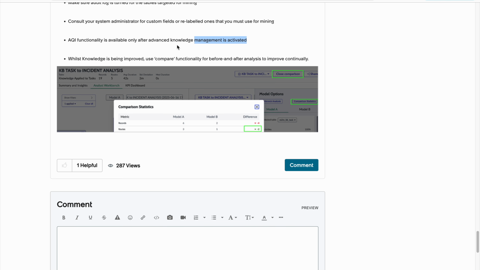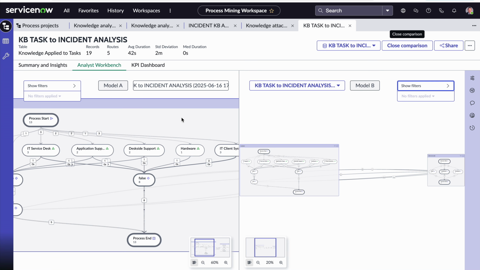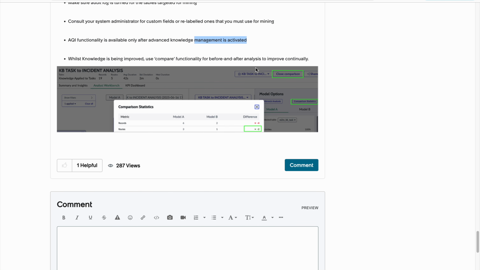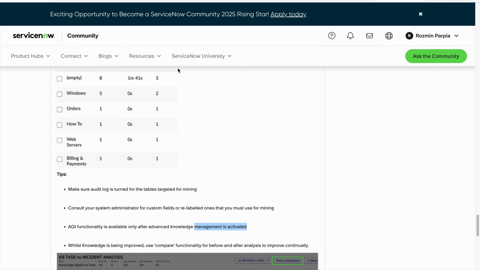So, what I mean is that if you've done an analysis like this, you can even use the compare button to see how your knowledge has improved before and after. So that's also a very good compelling analysis of the two models. You can see how your knowledge base's average duration has improved, median duration, and the routes and so on. So make sure you use all these cool features, and I hope you enjoyed the recording today